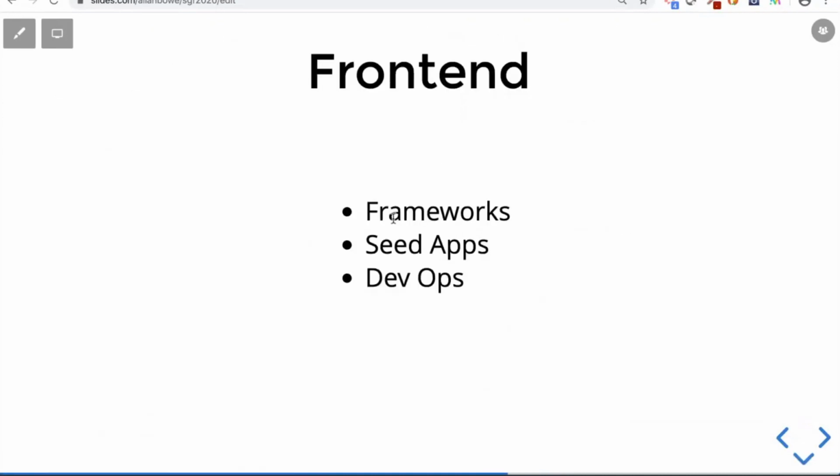That's all backend. On the front end, it's a SAS presentation, so I won't talk too much about front end, but just to say that we do recommend you use a framework. When you get started, it's very easy to just write an index HTML and start hand coding your HTML and remembering your closing tags. But using a framework and using a professional IDE will accelerate the development of your front end